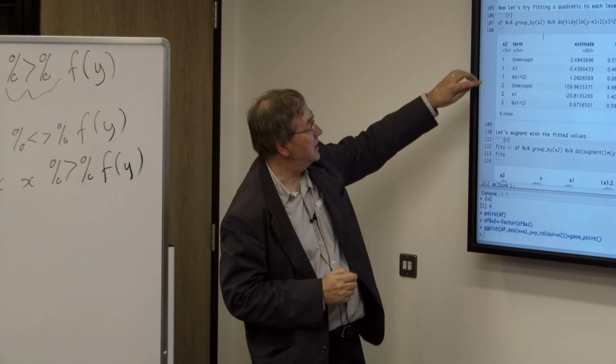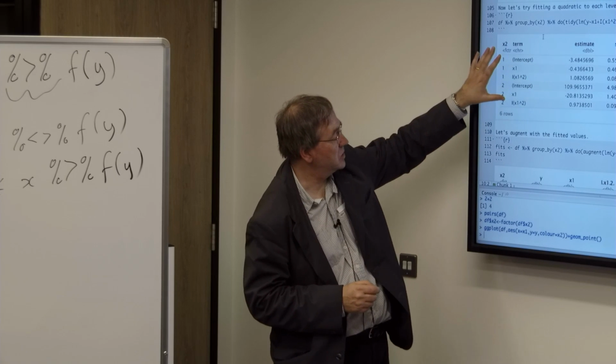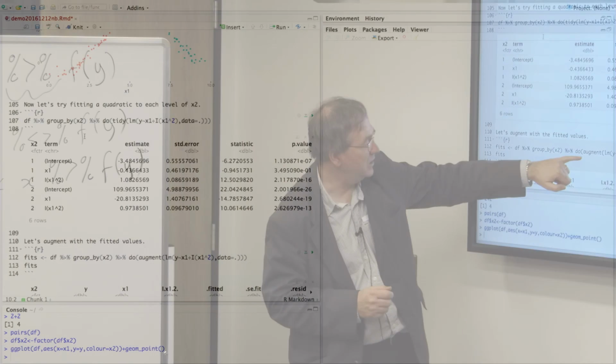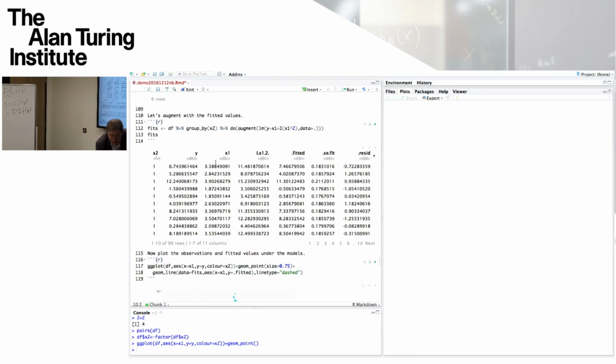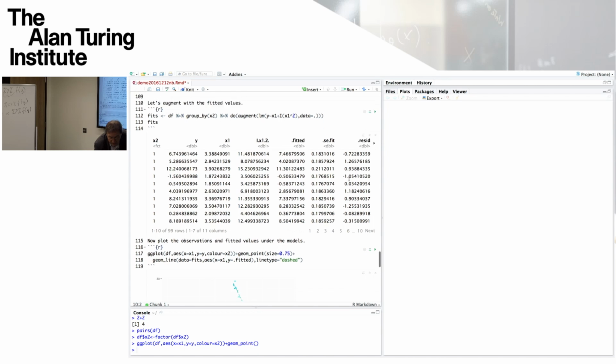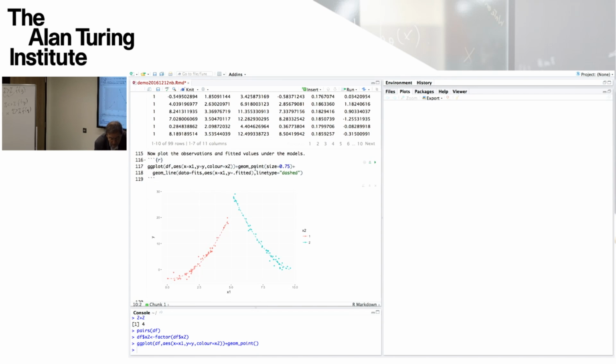Okay, so that's talked about the parameter estimates. We can similarly get hold of the fitted values and the residuals and so on by doing, instead of a tidy, an augment, and the result of that would be as shown here. So we get all our variables, and we get the fitted values and the residuals and so forth. So let's illustrate that in a plot. So in this plot here, first of all we draw the data as we've done before, which is the dots, and then we add another geometric layer, which is now going to be a line.